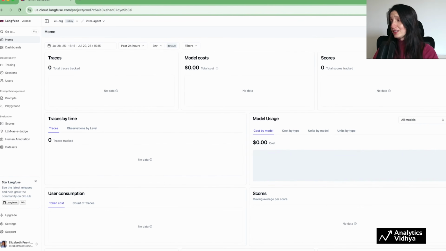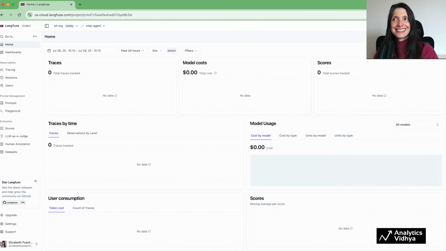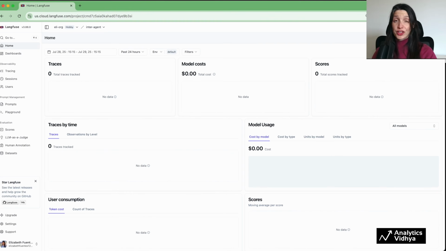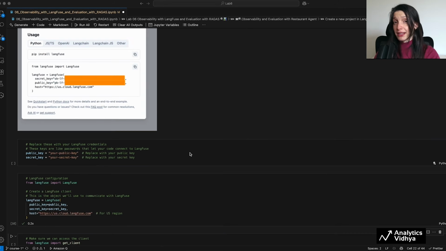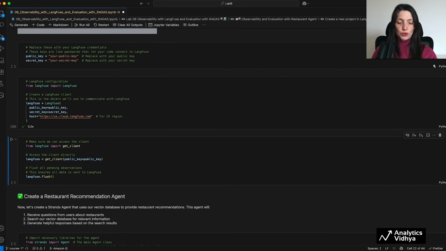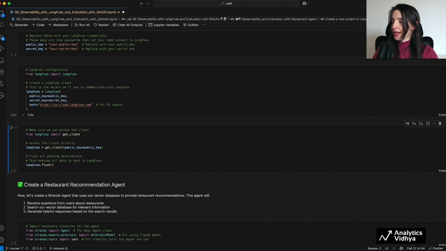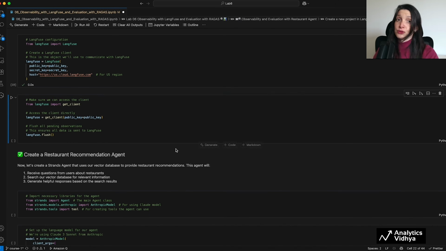This is my dashboard. I don't have anything yet because I just created it. Once you have your credentials, you can configure Langfuse in your code. I already set up my credentials in my environment, so I'm not going to run this cell, but I'm going to run this one. Okay, so this client will allow us to send traces and evaluation results to Langfuse, giving us visibility into our